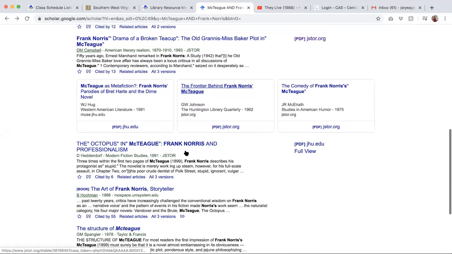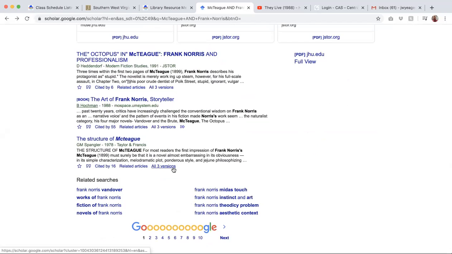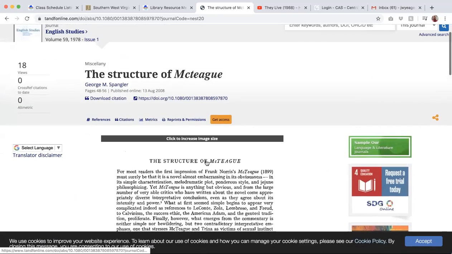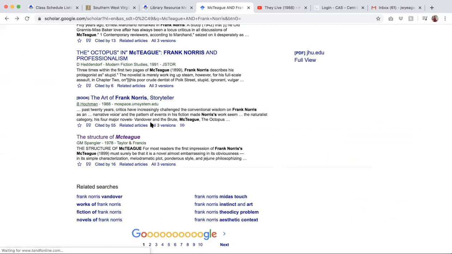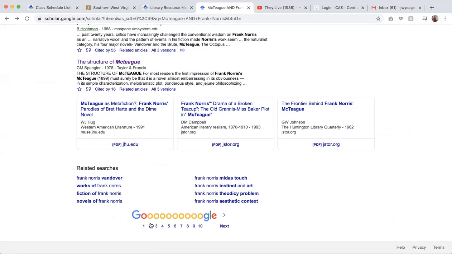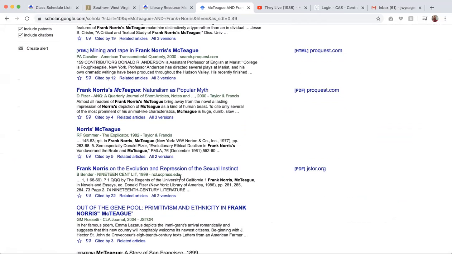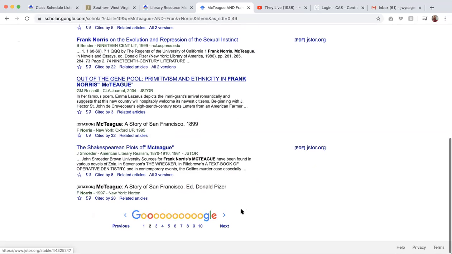Yeah, Google Scholar can help. Most of the time on here, though, it'll just give you a summary of what the article's about. You might not be able to pull it up, in which case, just send me the info again, and I can get it for you. So as far as the general web goes, that's mostly where you're going to be finding stuff that we actually have access to. Of course, if you hit a wall because you're not finding anything, I can probably help break you out of it and help you find more stuff.